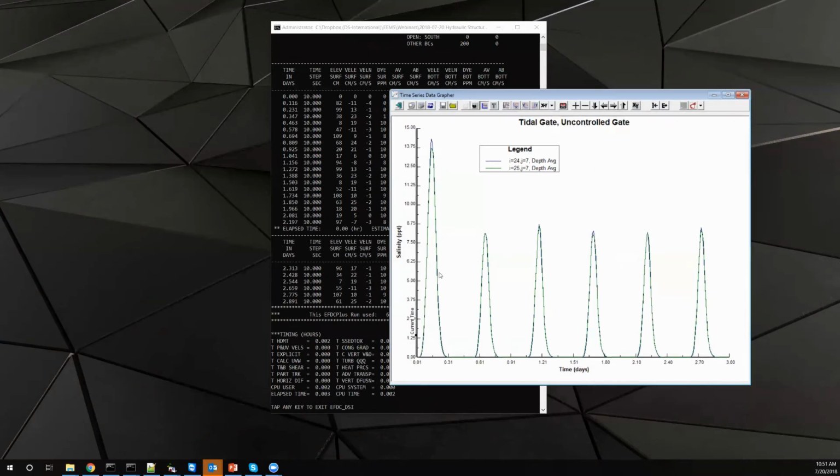So if you have a hydraulic structure that's trying to prevent salinity from moving upstream, then obviously that's a problem. So you need to adjust your structure openings based on the tide levels to prevent that salinity from migrating upstream when you have higher